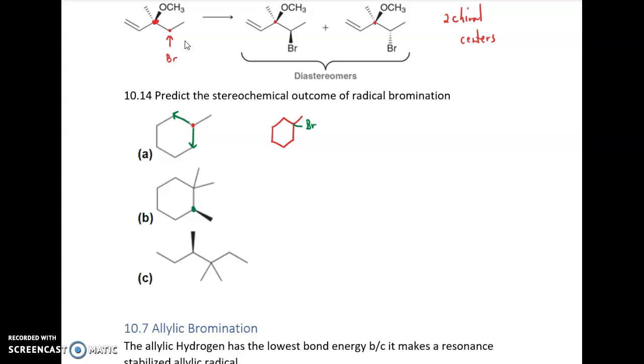So this will make a new chiral center, because we are not the same this way as this way. So what we'll get will be a racemic mixture. And some of them, the methyl will be going one way,